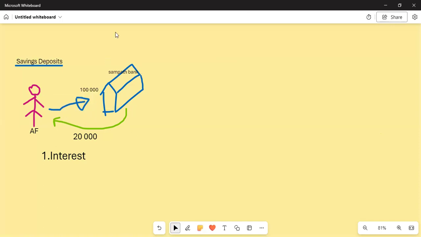So now Rain is asking a good question: what is the advantage for the bank? The advantage for the bank is that they are getting this 100,000 and they are investing it into their businesses. These banks are not non-profit oriented. They are profit oriented. They have so many businesses all around the world. If you are saving it for 6 months, they are investing this 100,000 in a separate portfolio, in separate businesses.